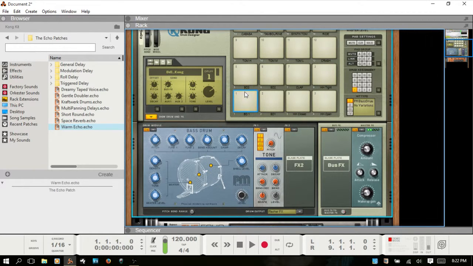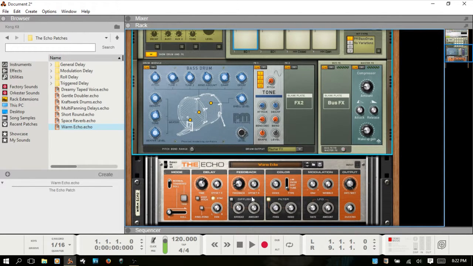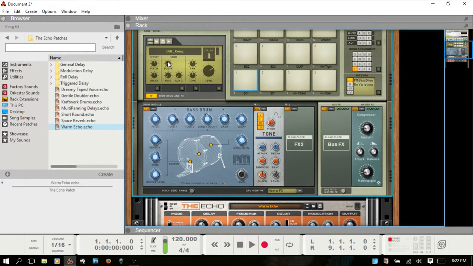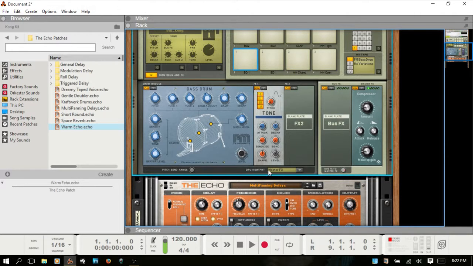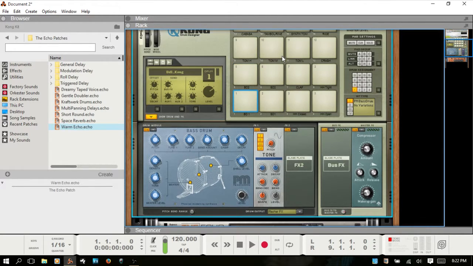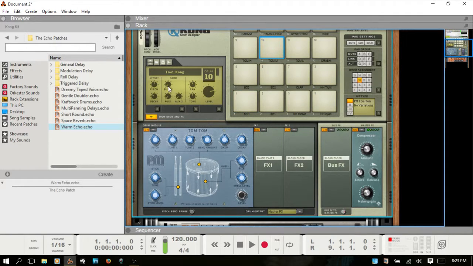We have a dry bass drum. If we'd like to make use of that effect that we inserted, then we would turn up the bus effects send. And let's put something a bit more exaggerated on here. Kraftwerk drums. Okay, so now whichever pad we choose, we can use the bus effects to send it to the echo